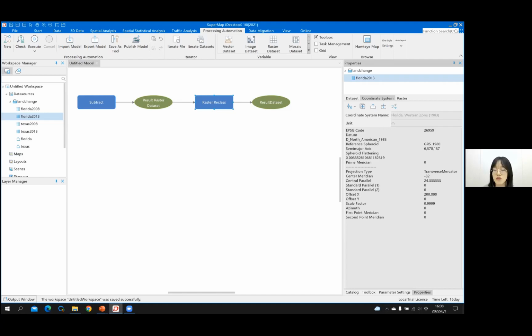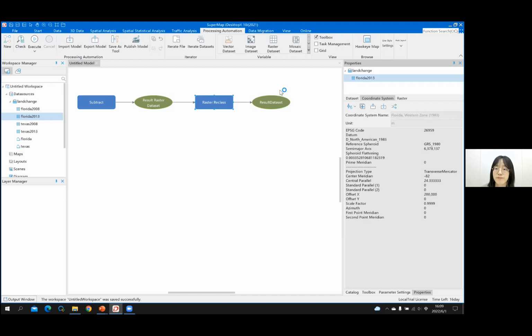As we already calculated before, the approximate area for each pixel under this coordinate system should be 89,000. And so here we would simply